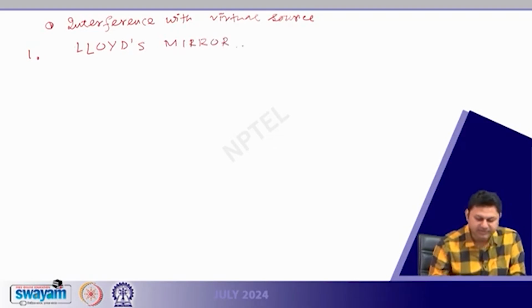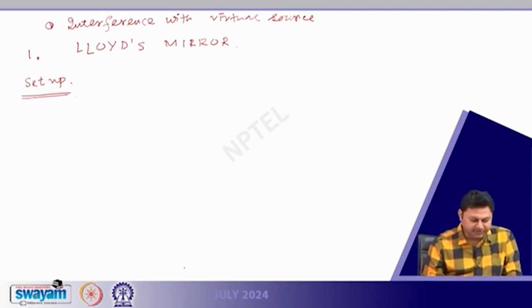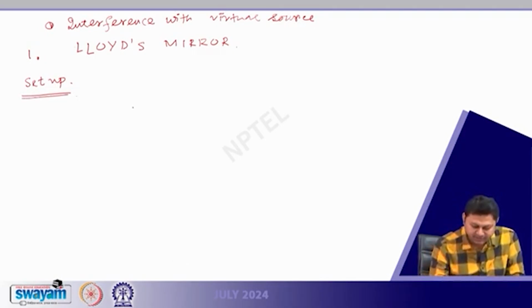So, example 1 is called the Lloyd mirror. What is the Lloyd mirror? What is the setup? You need to understand this setup and then the rest of the things you understand quickly. So, the setup is, I have a source S here